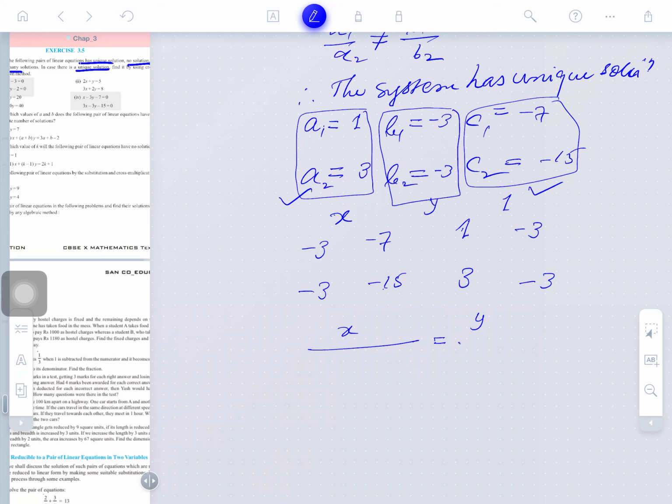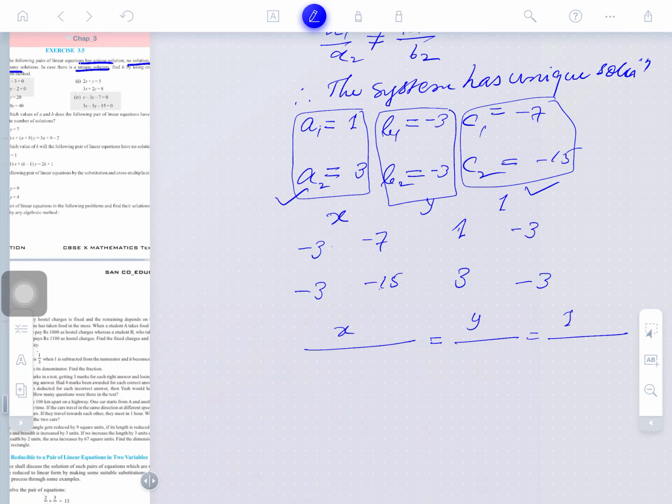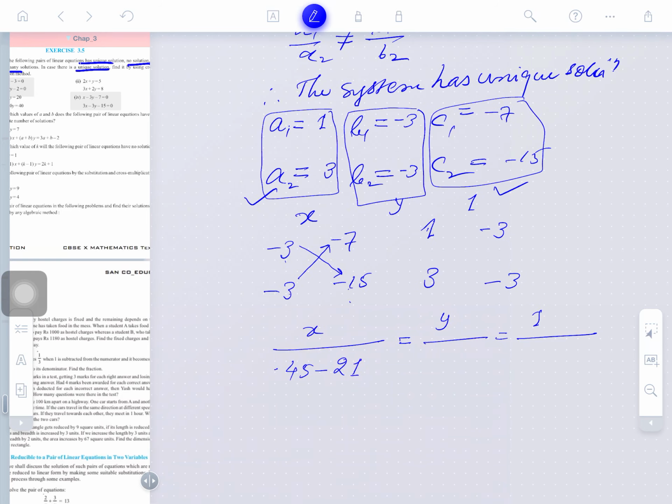How the denominator is brought here, I am telling you, clear. So this and this, it's across here. So 3 into minus 15 is minus 45, minus 3 into minus 45... 3 fives are 15, and minus 3 sevens are 21. So negative 21 or positive 21? Positive 21. Why? Because both are negative here, clear.